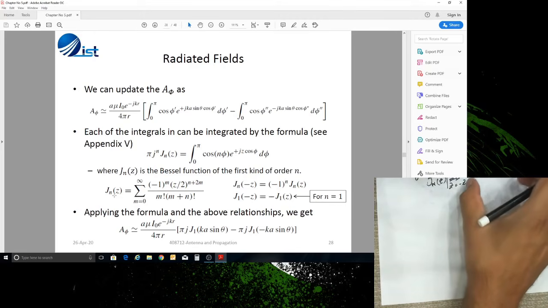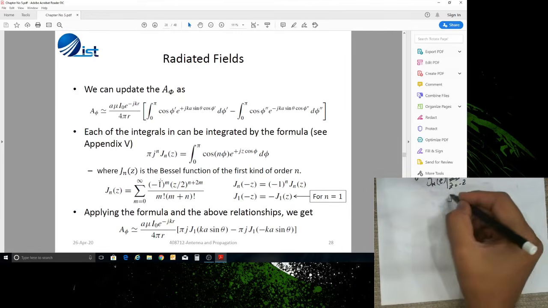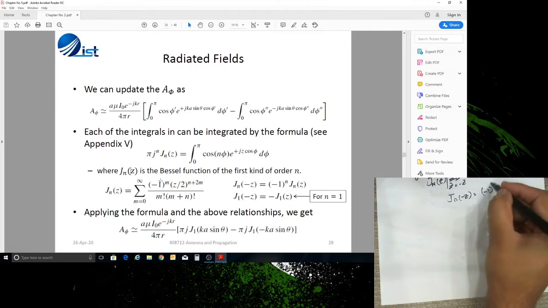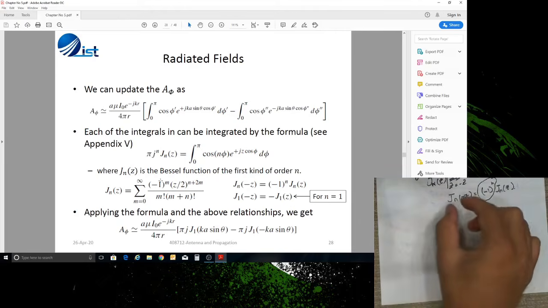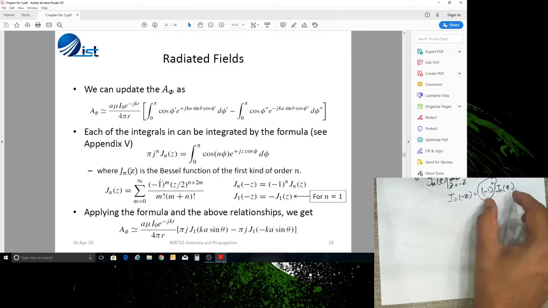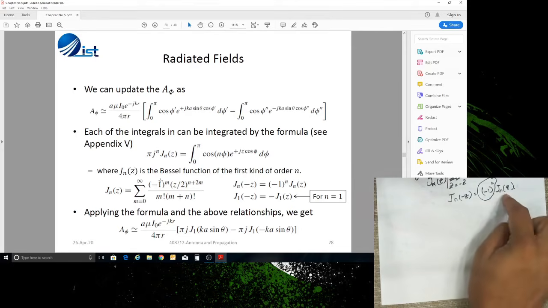whatever, you can say the expression you will have, if you compare it with this expression, ये जो एक्सप्रेशन है, you would see that this Jn of minus z will be same as minus 1 raised to power n, the expression for Jn of z. So the only difference will be this minus 1 raised to power n. You can try it yourself as well, but you would see that Jn of minus z, जो ये बेसल फंक्शन है of minus z argument, will be same as that of argument z but multiplied by minus 1 raised